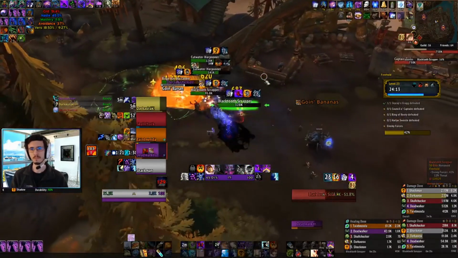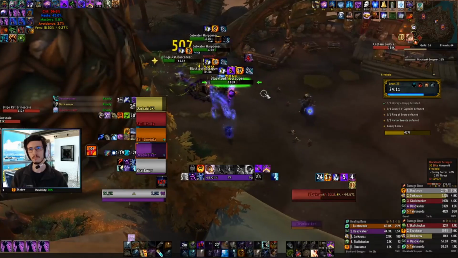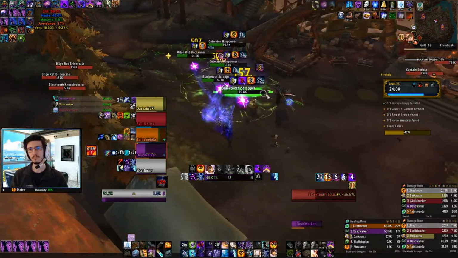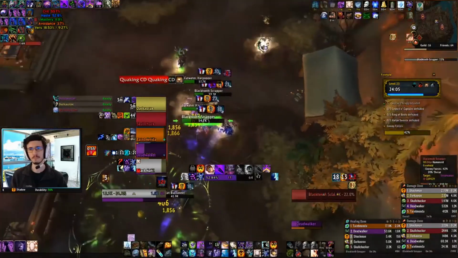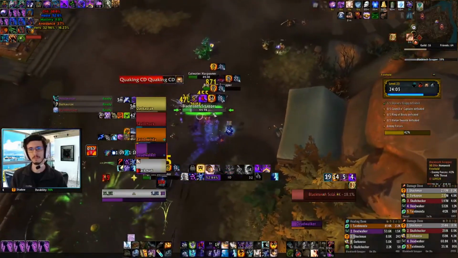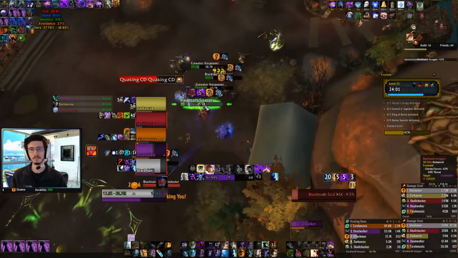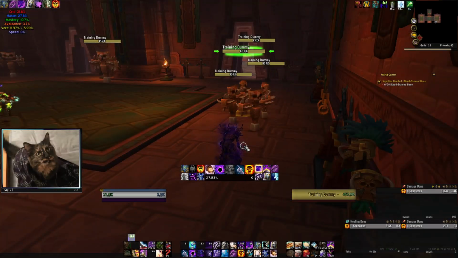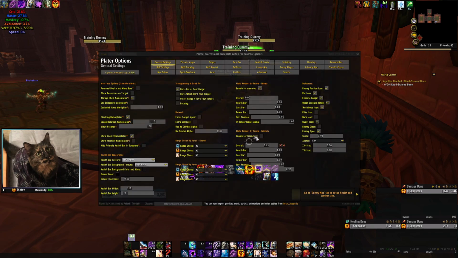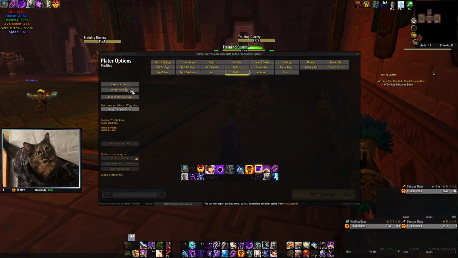I like Plater again because of its flexibility. I saw a profile I really liked on stream, specifically a streamer named Nihilo who plays a lot of Guardian Druid, and I copied his profile and made a bunch of modifications to make it exactly the way I wanted it to look for my priest. Just like ElvUI, to import a Plater profile, type /Plater, go to Profiles, Import Profile, paste the import string, then